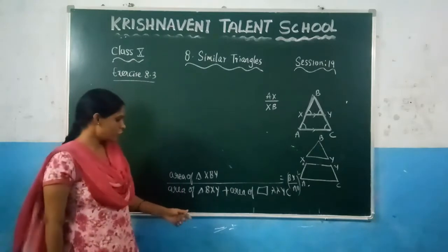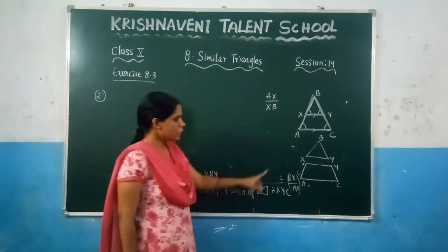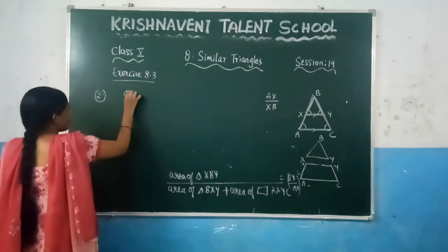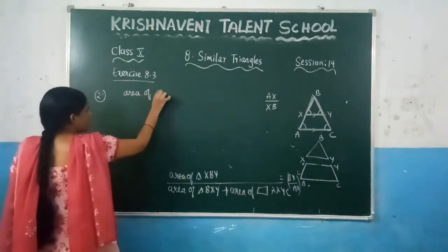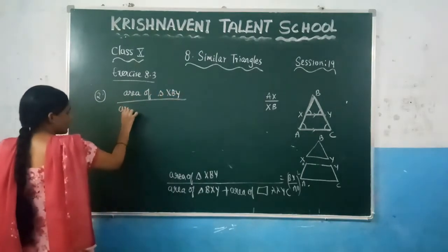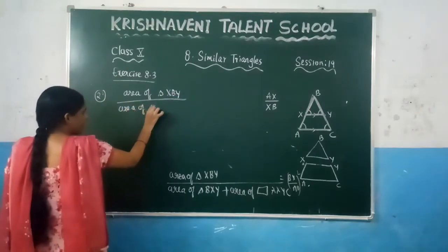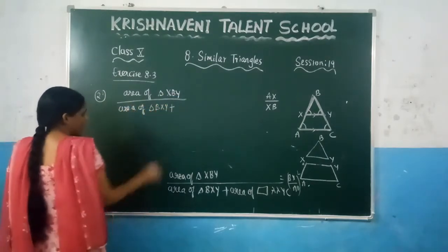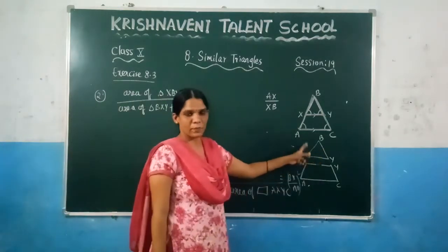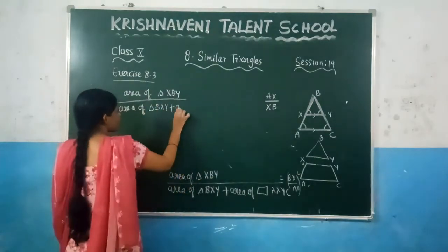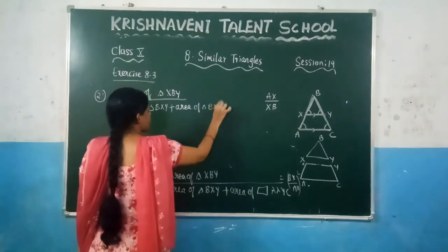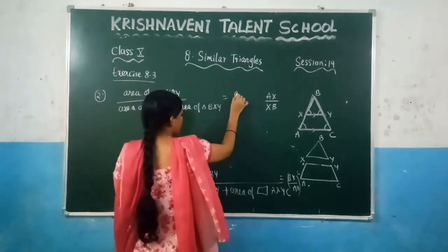So in place of this one I am writing the area of the triangle. Write it here so that we get area of the triangle XPY by area of triangle BXY, and in place of area of the trapezium I can write area of the triangle BXY, because these two are equal. So again in place of this one write here area BXY is equal to what is the value we have got here?